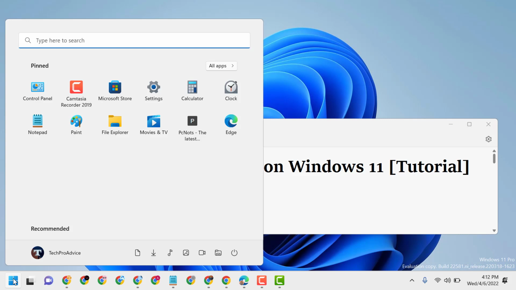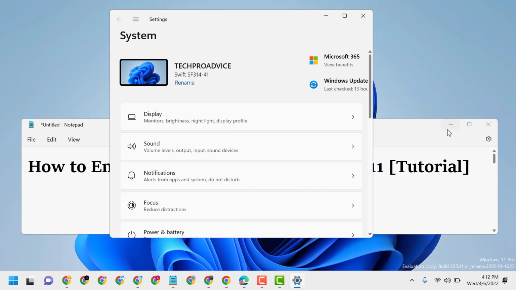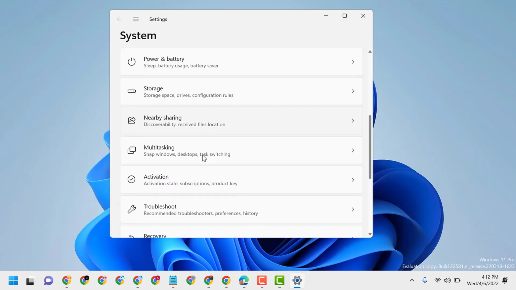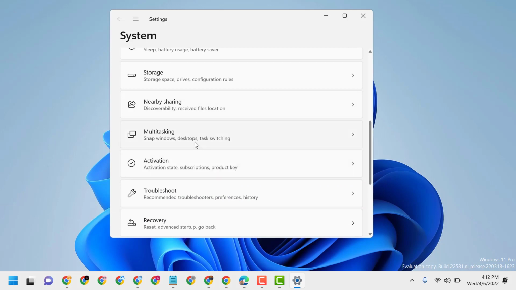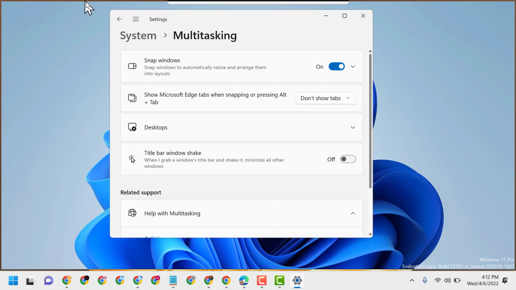So firstly click on Start, Settings. Now guys, underneath System, click on Multitasking, and here you will see option Snap Windows. Snap Windows to automatically resize and arrange them into layout like